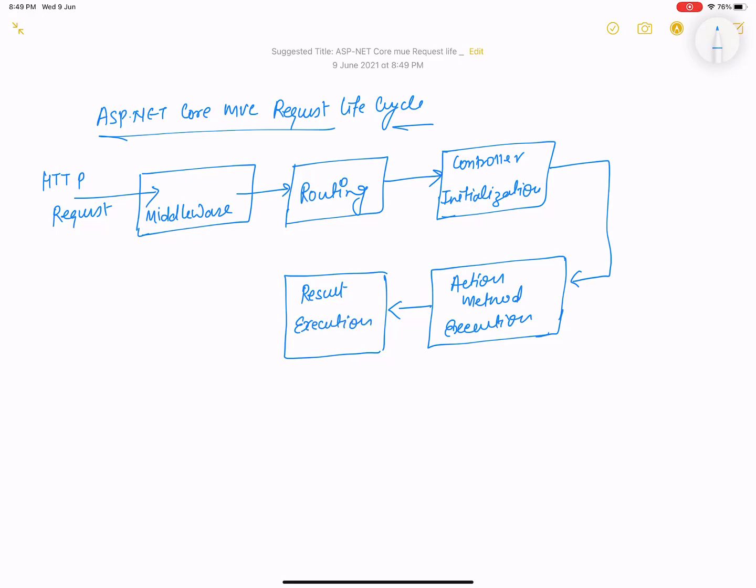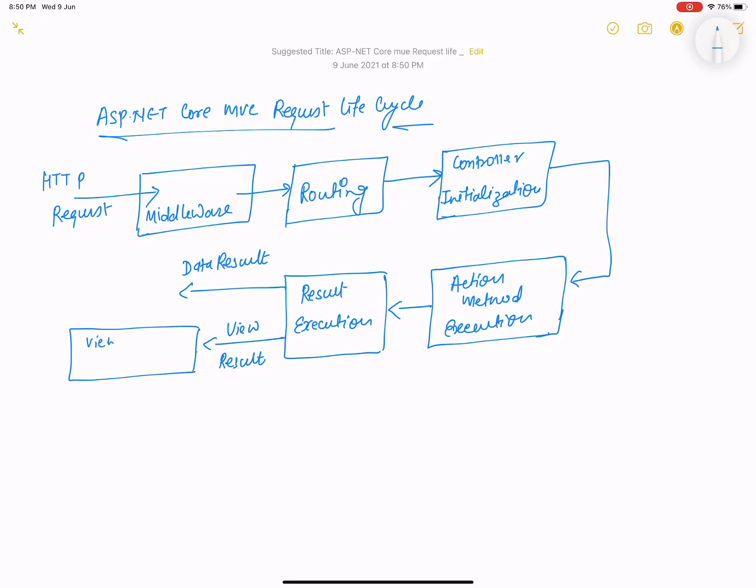During this stage of the ASP.NET Core MVC request lifecycle, the result, that is the response generated to the original HTTP request, is executed. If an action method returns a view result, the MVC view engine renders a view and returns the HTML response. If the result is not of view type, the action method will generate its own types.